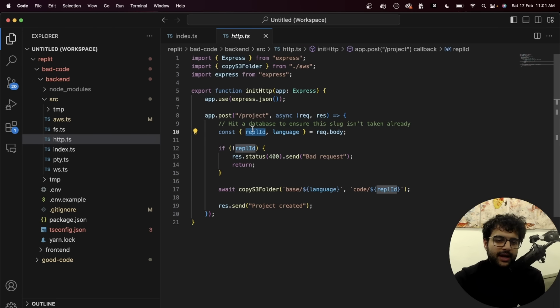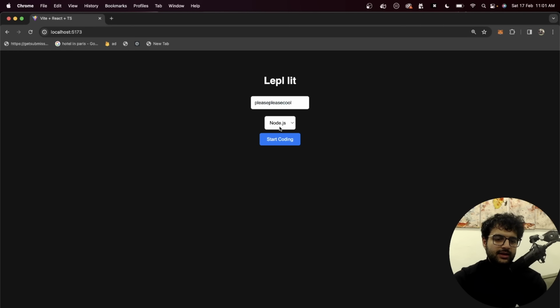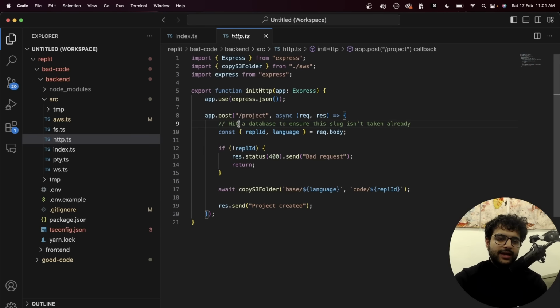It gets the REPL ID and the language from the user, which is exactly what's present here, right? The language that the user wants to start their REPL in, and then the ID of the REPL that the user wants to start. You should ideally add validation here, make sure the ID isn't already taken. And then we copy over the S3 folder from base/language over to code/REPL ID. If I go to